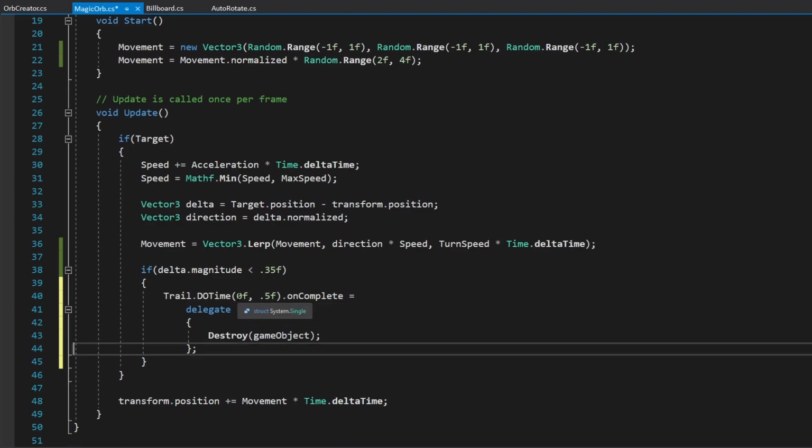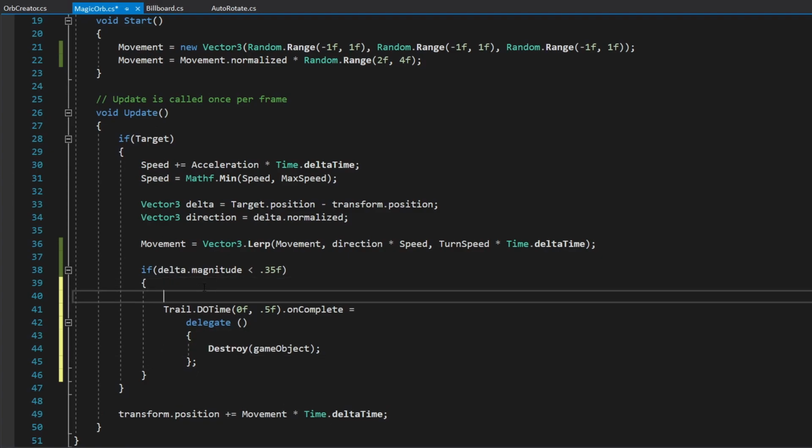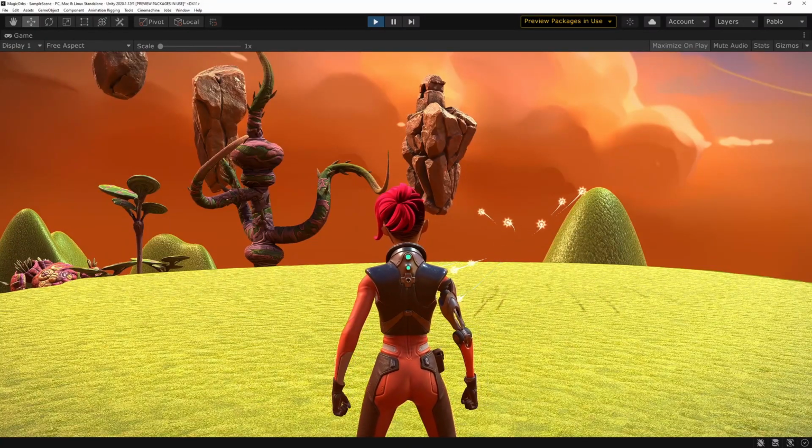By shortening the time of the trail, basically we'll shorten the trail itself. Now, one problem we'll have with this is that since this is running in the update, we'll keep on going into this loop over and over again, which obviously we don't want to do. So over here, we can just simply say target equals null. And then when it travels,